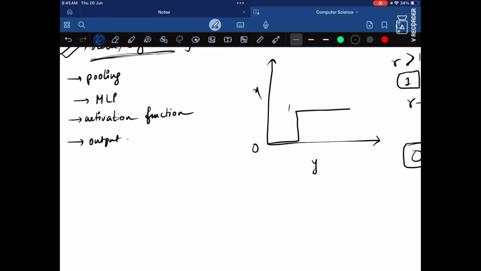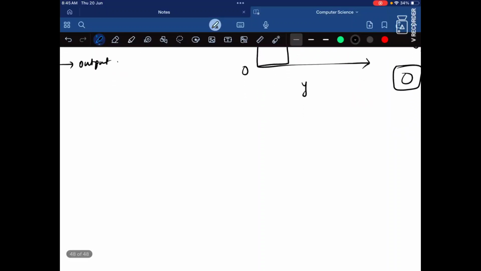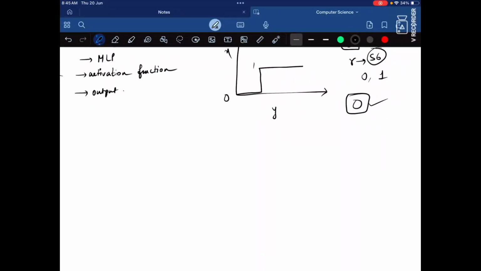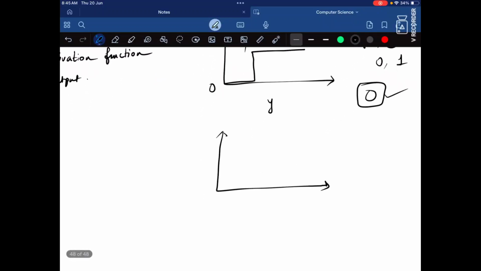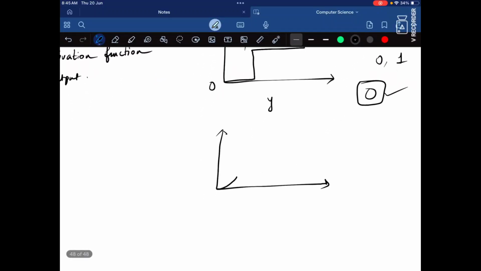Now what's the sigmoid function? The sigmoid function says, why should we hard code and use step functions? It can be something like this.